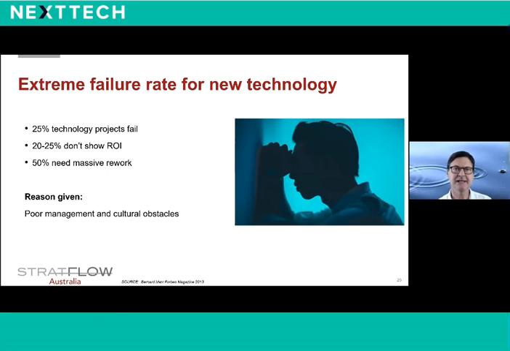So many believe that new technology will be the silver bullet to solve our supply chain, our productivity, and our profitability problems, as well as increase our customer satisfaction. And yet, many initiatives deliver limited return on investment, and more often than we would like to admit, the impact can be negative. So if we look at the implementation of new technology, you can see there that there's a very high failure rate. And why is it so high?